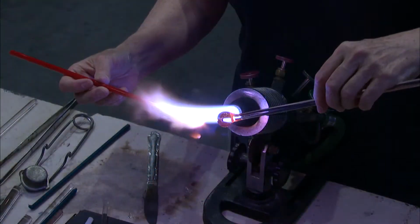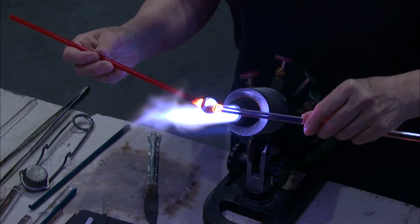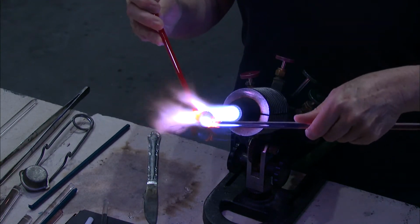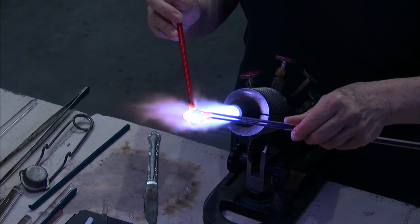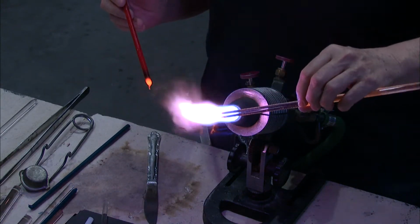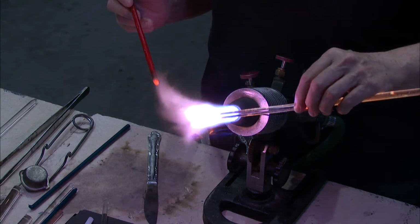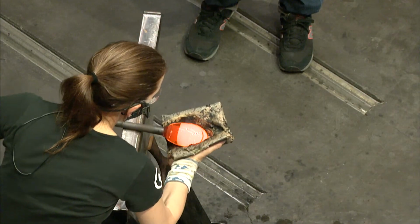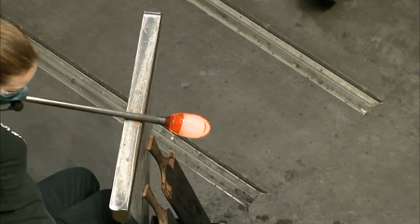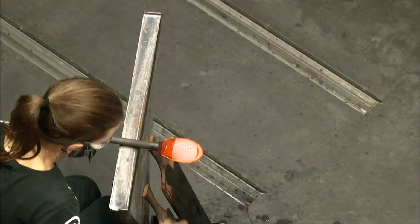What's the best troubleshooting skill you use in glassmaking the most? I've put my little imp in the oven for a minute to warm up and even out the temperature. And while it is in there, I'm going to make one of the little flames. I've got some flames already prepared, and there's going to be two of them on this